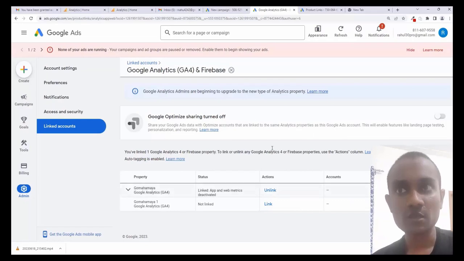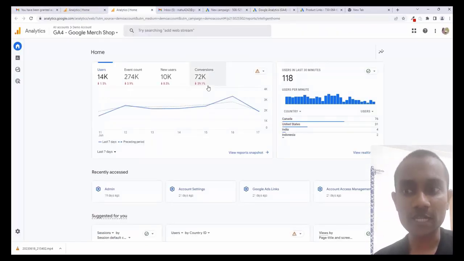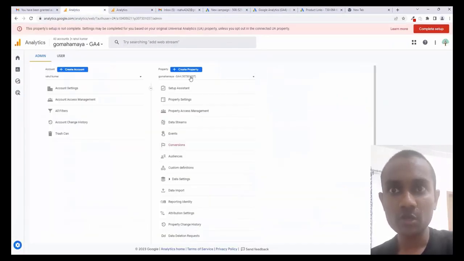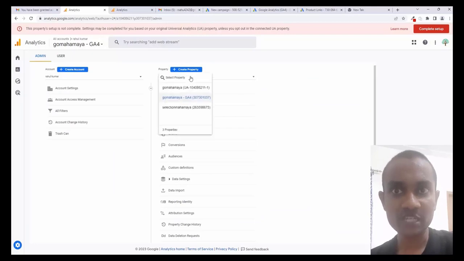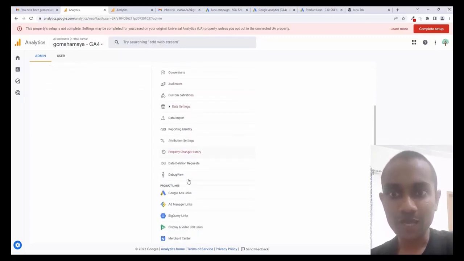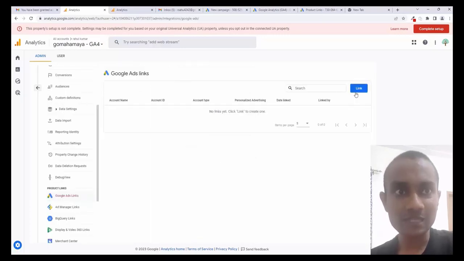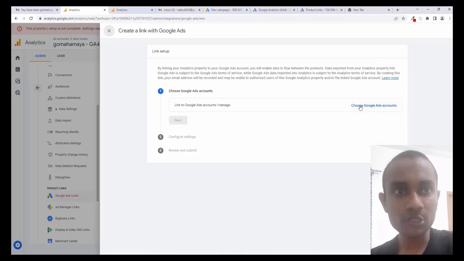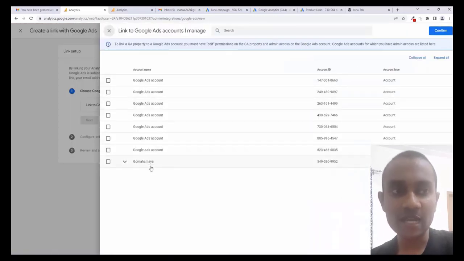And the second method is by going to Google Analytics. Once you are inside your Analytics, click on Admin. Once you are inside Admin, you need to select your website property, whichever property you want to add. Select that, then scroll down and click on Google Ads link and then click on link. Here you need to click on choose Google Ads account and choose whichever ad account you want to